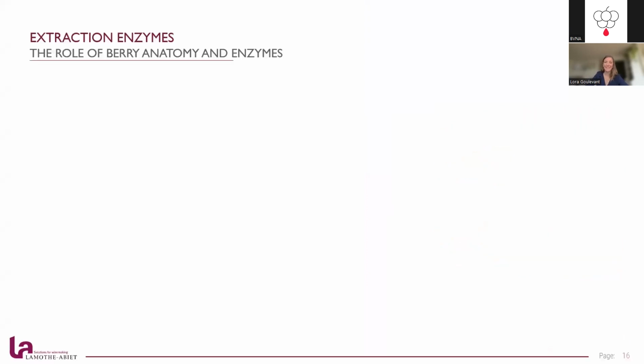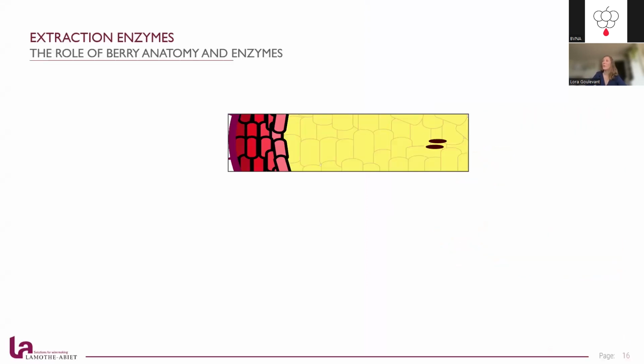So it's another drawing showing the structure of a berry. So we have the skin in red. So this contains more tannins and anthocyanins. So the skin of berries contains the color, the aromas, but also the structure, the different types of tannins. We can also, of course, find tannins in the seeds, but that's not the most qualitative tannins we want to